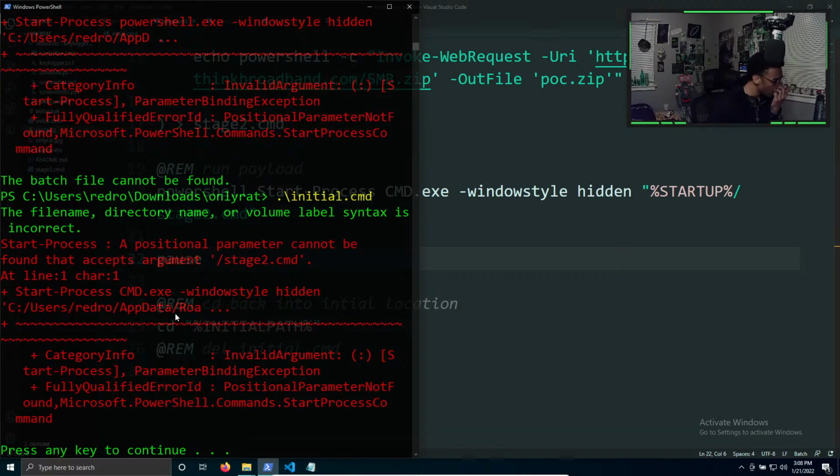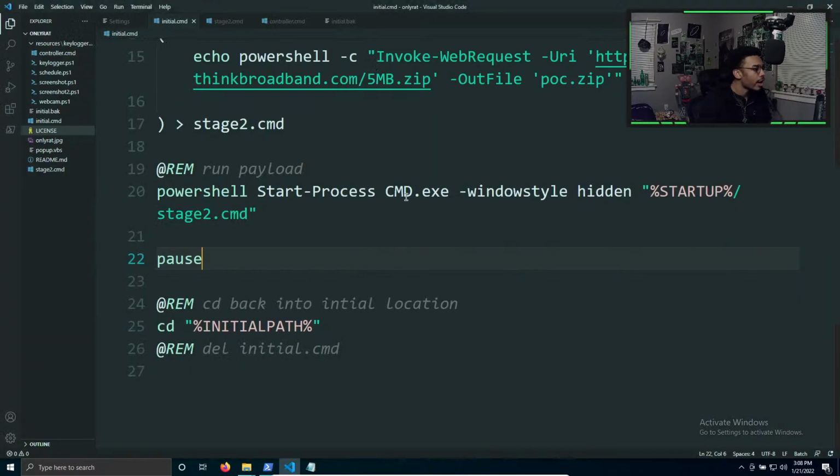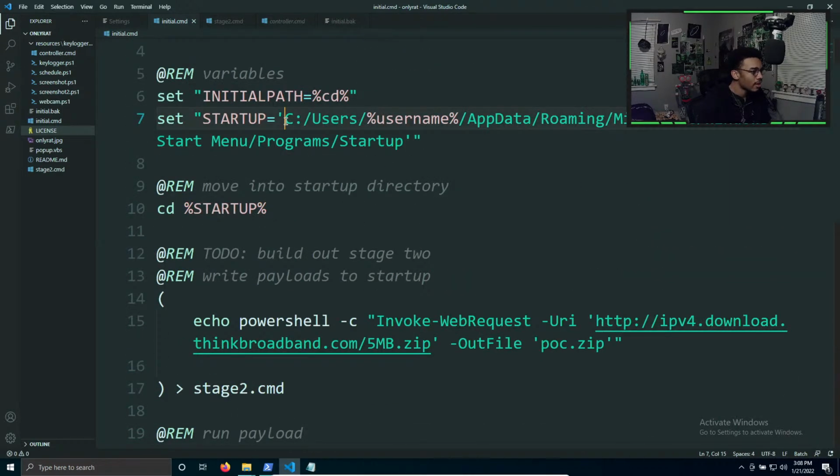So the reason why it's not working is because it won't tell me. Why won't you tell me? Why is it not working? CMD when it's not hidden. Oh yeah. So we can do the CMD obviously. We can do like start process CMD with the stage2.cmd file, which is in our startup path. So our startup path, yeah. So why does PowerShell not like